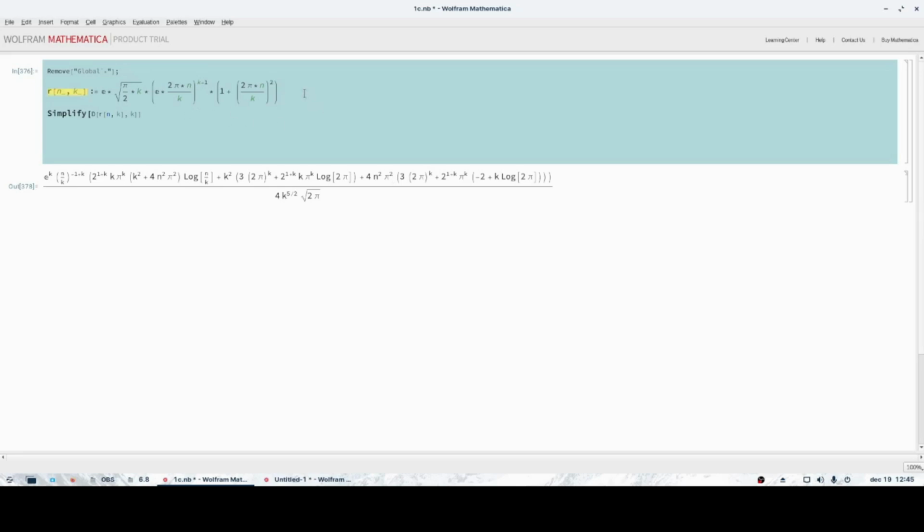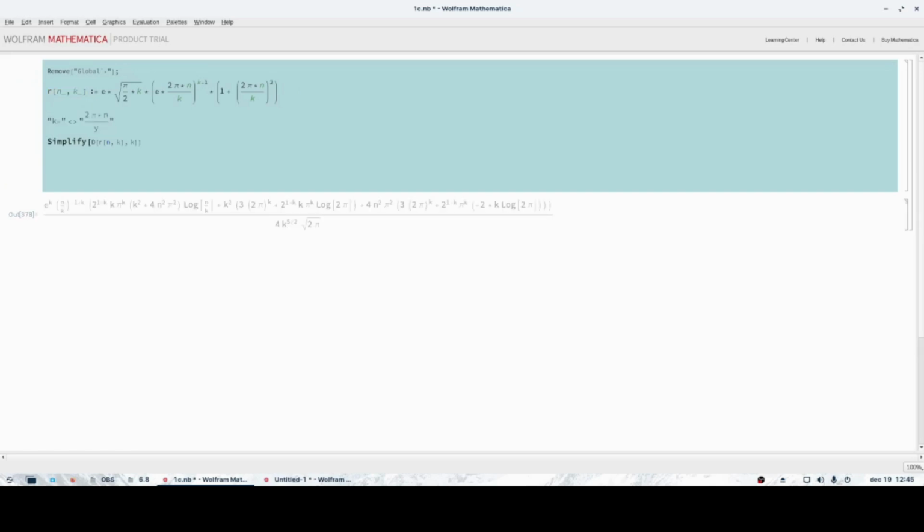Maybe it's better to use this substitution, because as you see these terms are the same except this and this, so we can use an expression for this k variable like this,